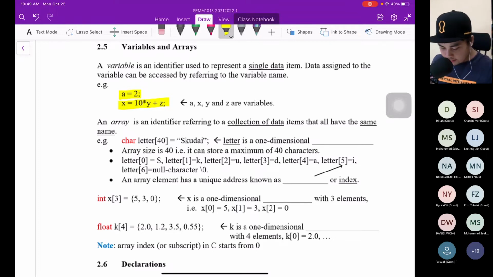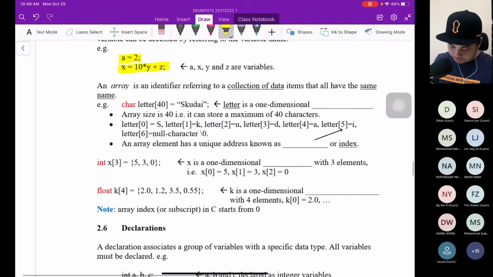Okay. So an array is an identifier referring to a collection of data. Remember, the array is like a vector. It is a collection of your data items that all have the same name. Okay. For example, you